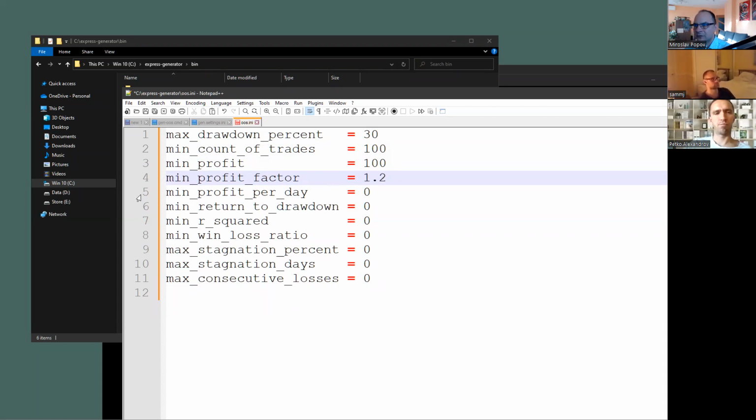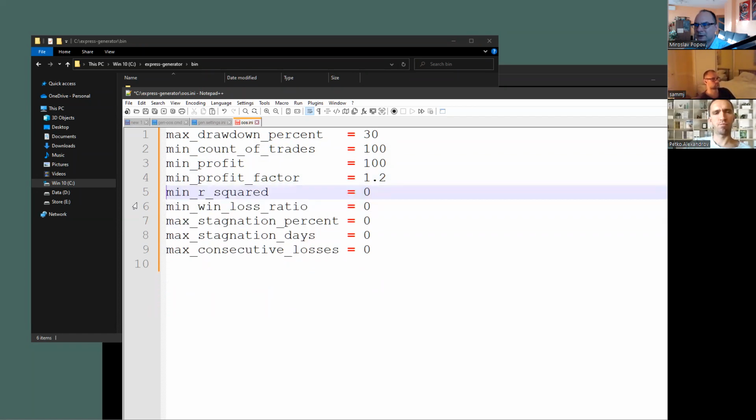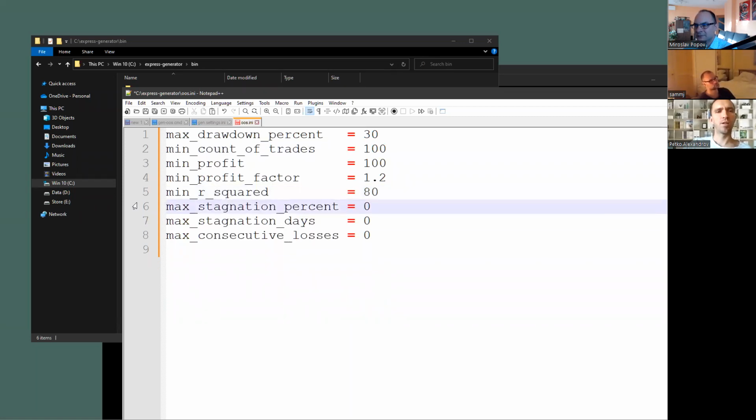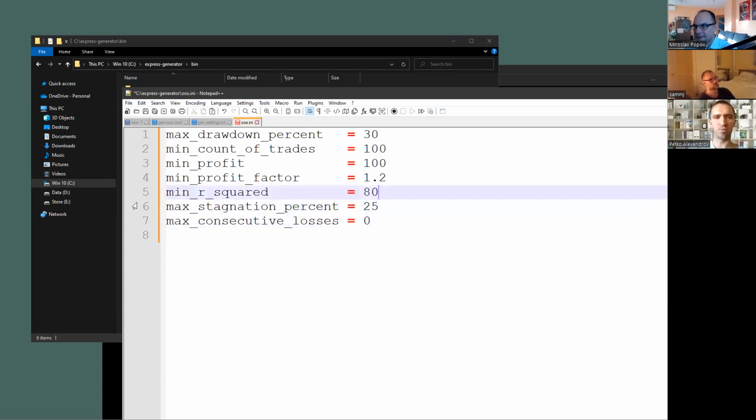Okay. Profit per day, return to drawdown, R squared, let's make it 80%. Win-loss ratio, okay, I will leave it default. Max stagnation percentage, make it 20. 20 is difficult to reach, but let's make it 25. I think R squared 80 is quite difficult with most of the market. I usually have about 70 for that. Yeah, I think we'll find something. And consecutive losses, I like 6. Okay, so here I set only the out of sample,